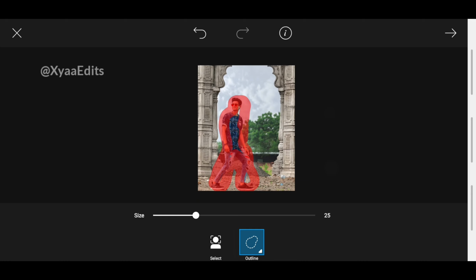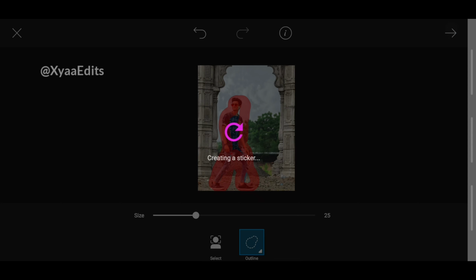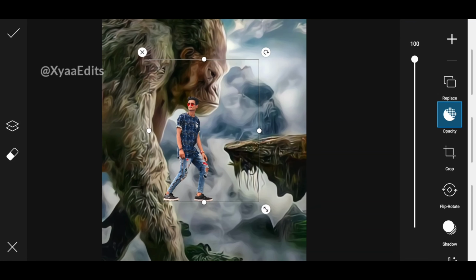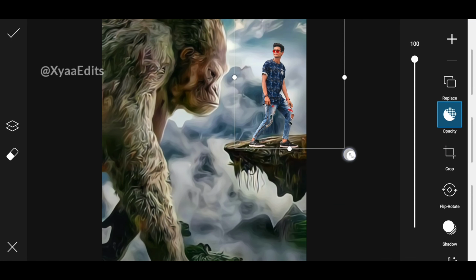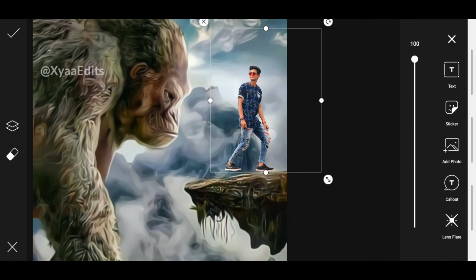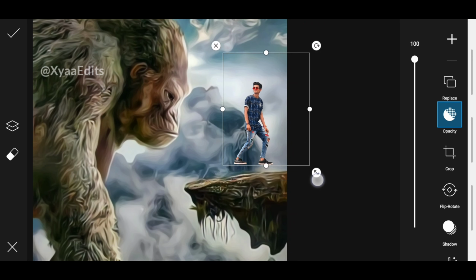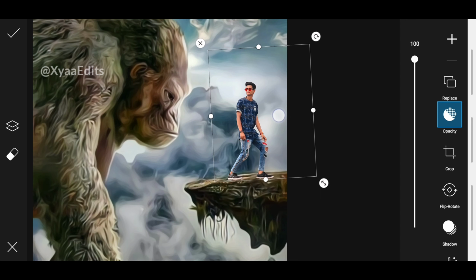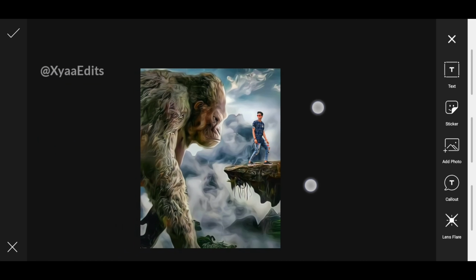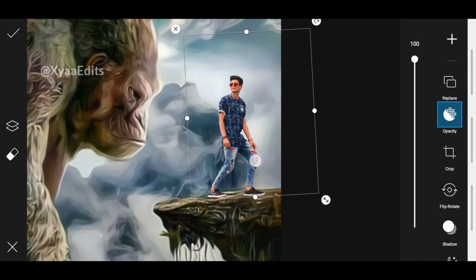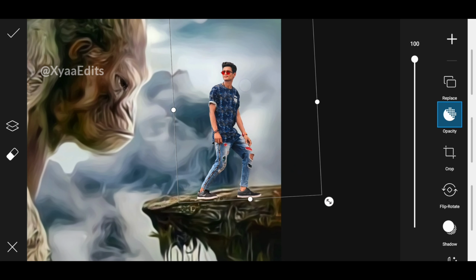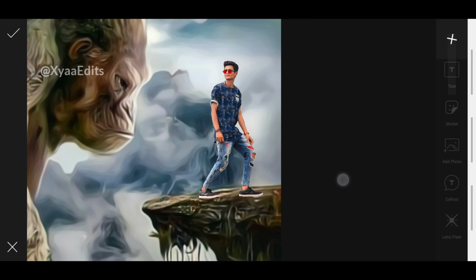Okay, now tap on this arrow. Friends, this is how it looks after erasing the background. Now you have to arrange your model image here in this position. Arrange your model image perfectly in this position, a little inclined. Try to select the standing position of the model, like this. Okay, done. You can arrange it perfectly like this in this position.